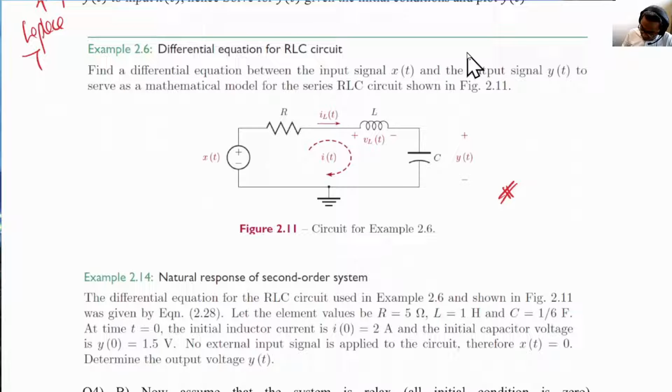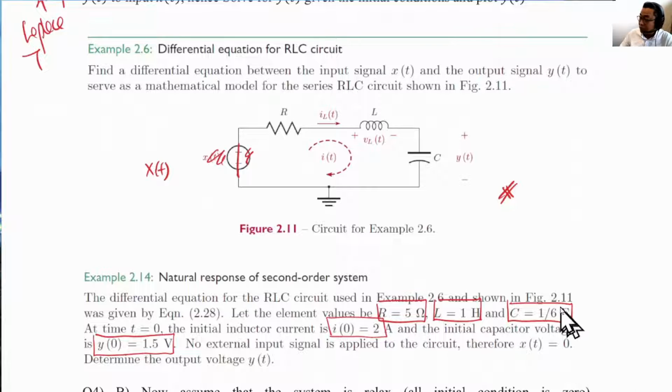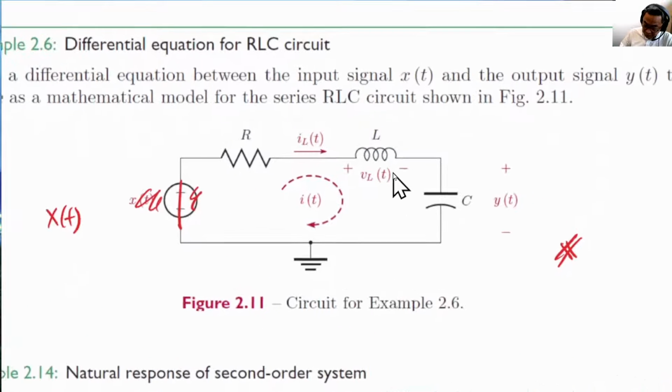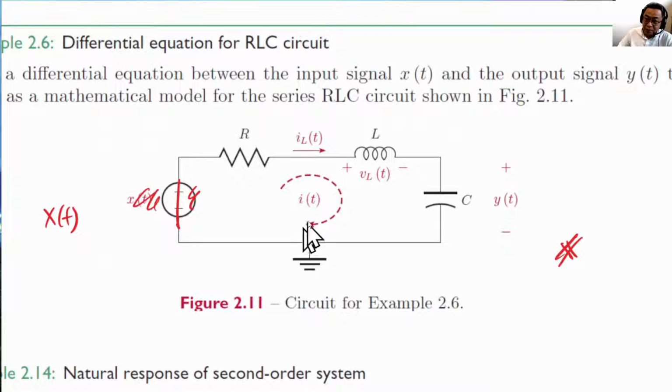The initial conditions are at time 0, the current is 2 A, as well as y(0) equals 1.5 volts. In this example, there's no external input circuit, so this is a short circuit, and x(t) is 0. The resistor given to us is 5 ohm, inductor is 1 Henry, and capacitor is 1/6. So basically, there's no outside signal driving the circuit, but there are initial conditions, and we're asked to solve for